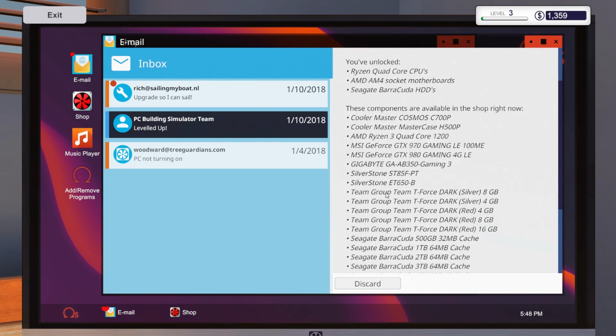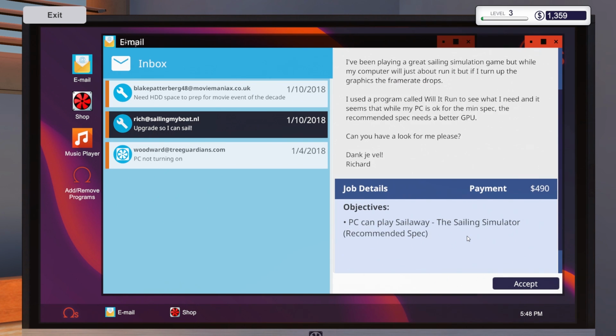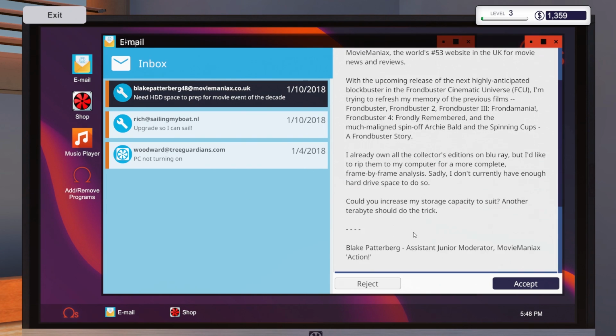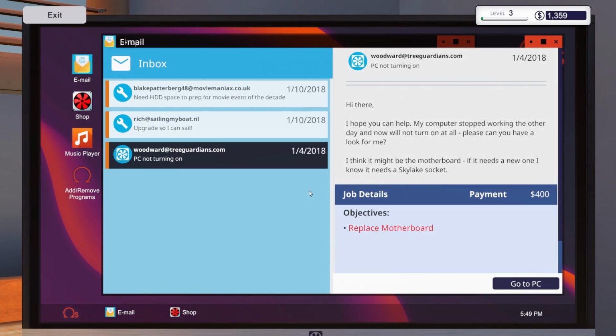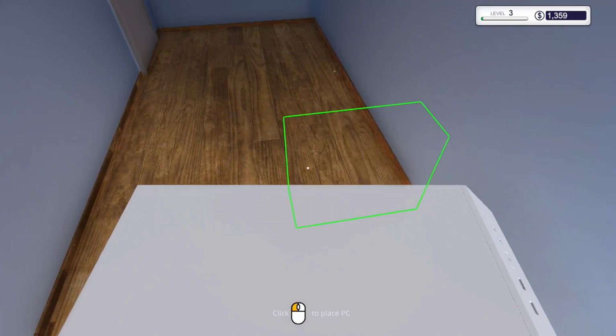I've reached level 3. That's very nice. Okay. Well, I'll go ahead. Oh, okay. So I need a certain program for this one, which I will maybe do in the next episode if people enjoy it. But what we're going to do is finish this job really quick